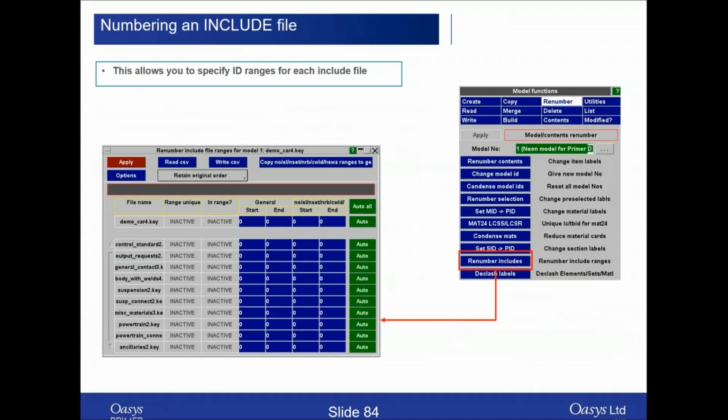We have tools that allow you to specify numbering ranges for each include file. And this is a really powerful way of managing labels within your Dyna model, because obviously if you have clashing labels across include files, that will cause problems in LS-DYNA. So if you have a large team working on multiple include files, it's advisable to have numbering ranges, and you can bake those into Primer. So you can specify them